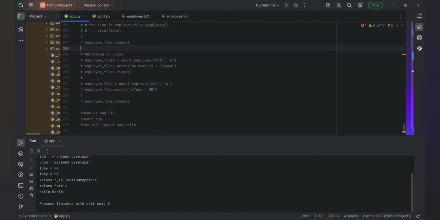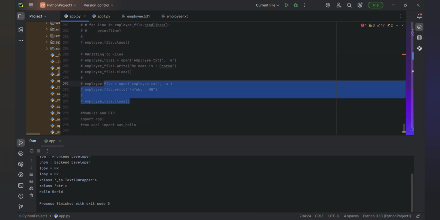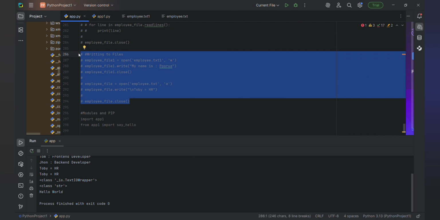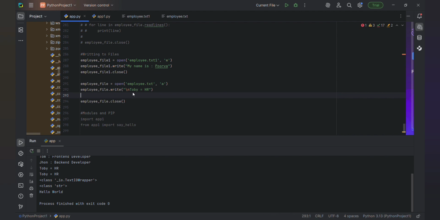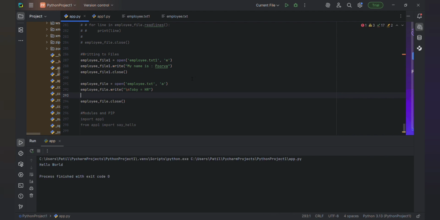The next thing is writing files in Python, writing and appending. We are seeing writing and appending. So here, why is it not printing anything? Because we are writing to the file. See, I have written in this file: my name is Purva.